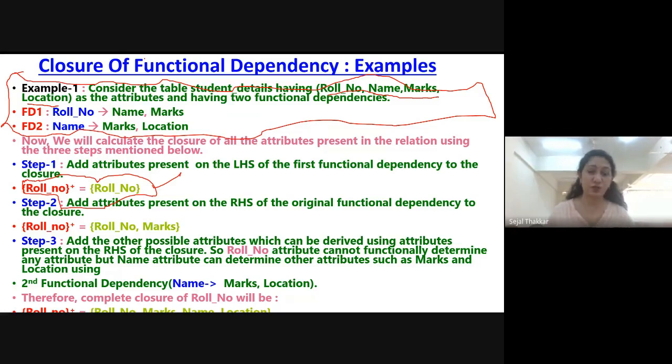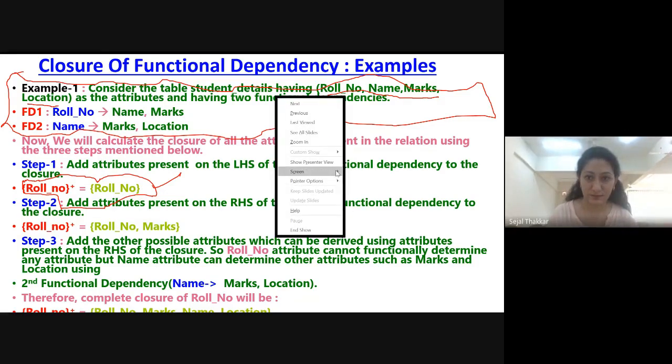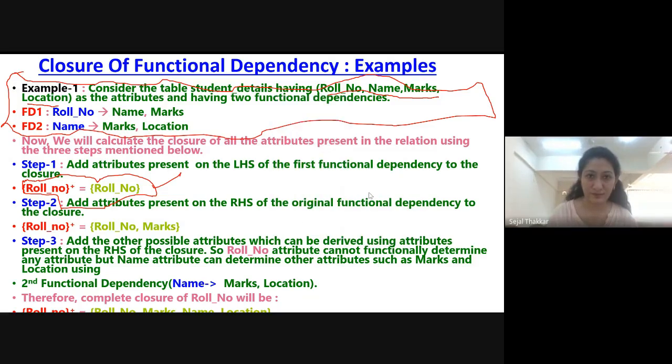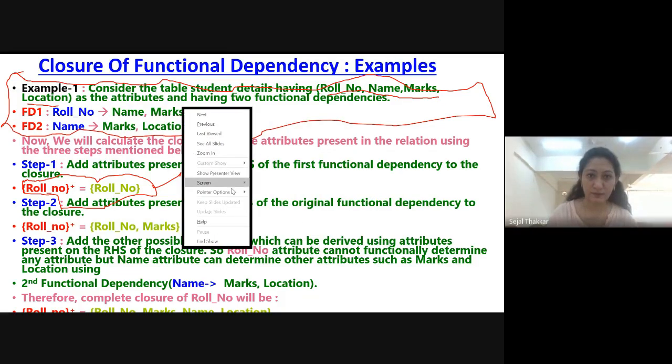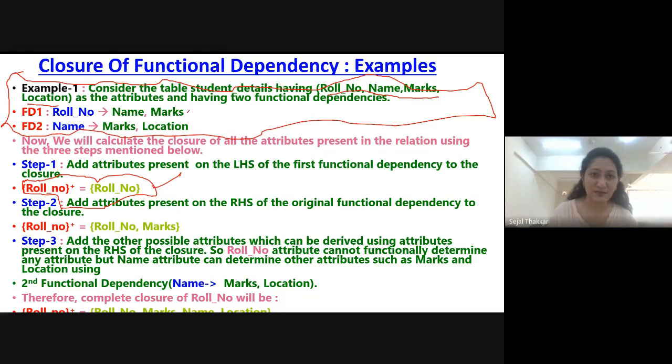From the first dependency, roll number, we are getting name and marks. So this is the first dependency, and this one is our second dependency. So we have to put name and marks also, and roll number also, right? Now we are having roll number, marks, and name.